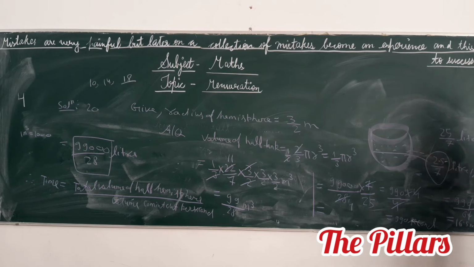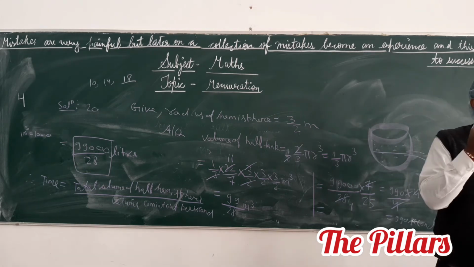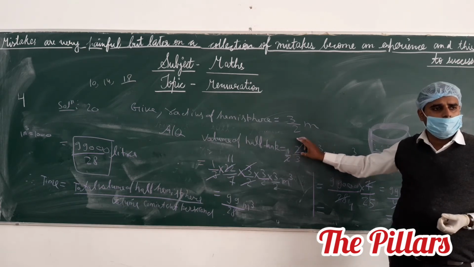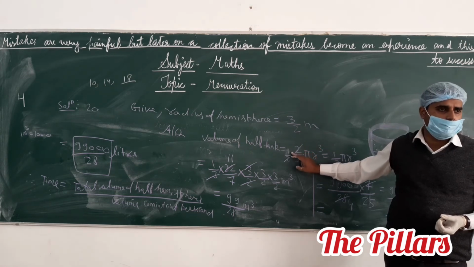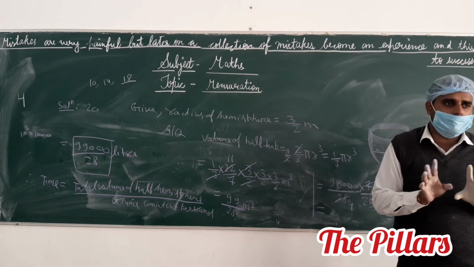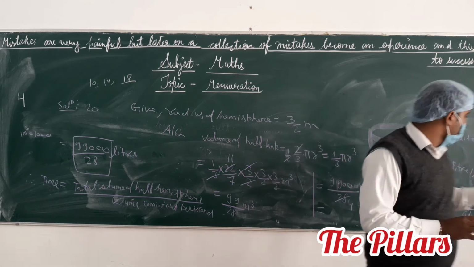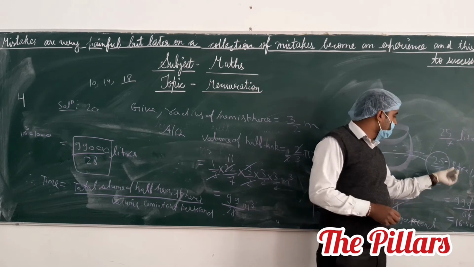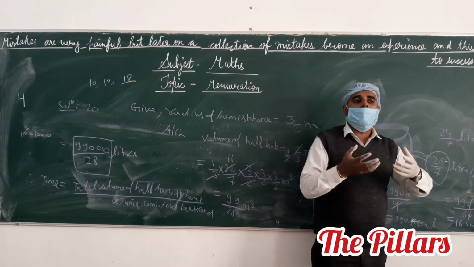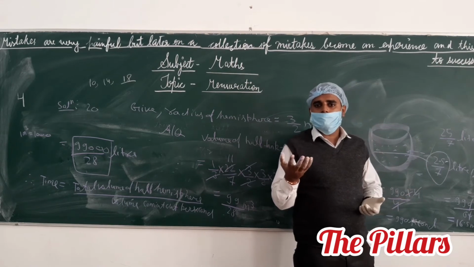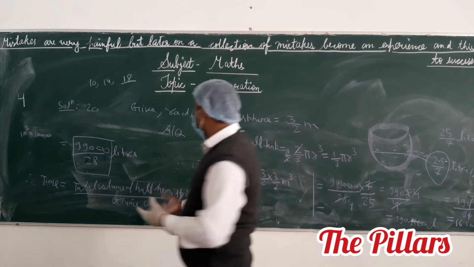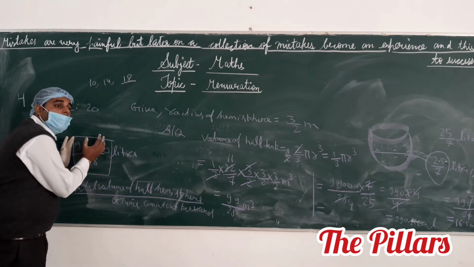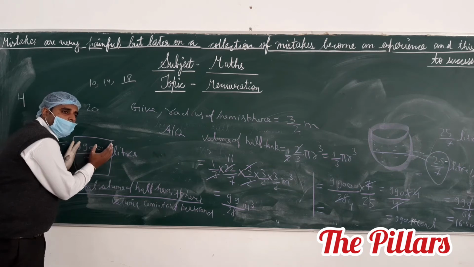First you have to calculate the volume of the hemisphere multiplied by 1 by 2, half of the volume of this tank. Now, the question says the rate of water coming out is 25 by 7 liters per second. It means in 1 second this amount of water comes out. So first we have to calculate how much water we have: 99,000 by 28 liters. This much volume is in half of the hemisphere.